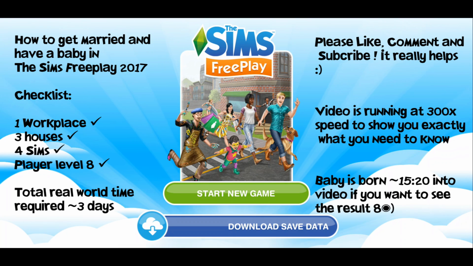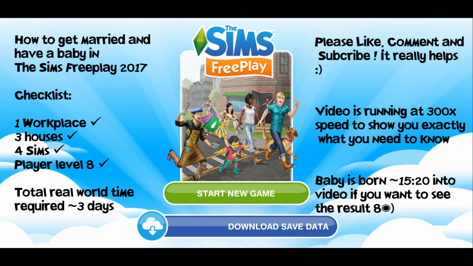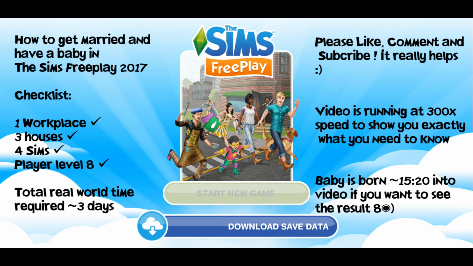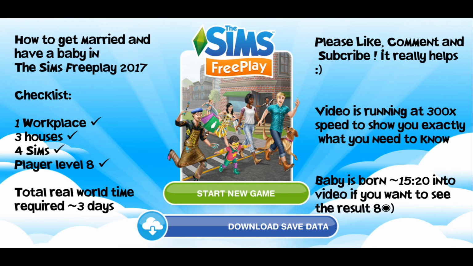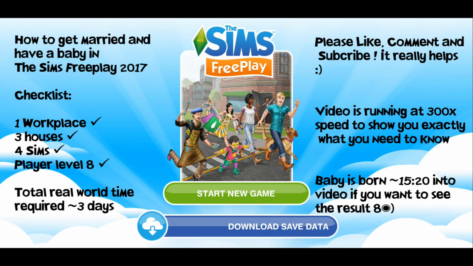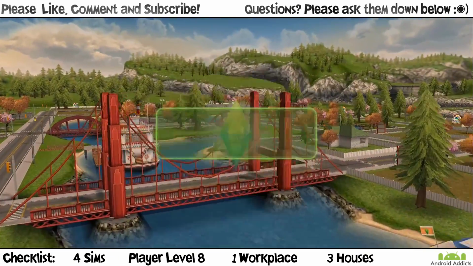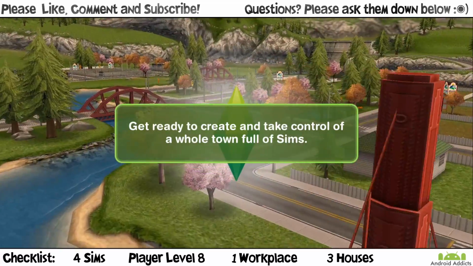Hi, this is John with an updated video on how to have a baby in the Sims Freeplay for November 2017. Now, things are subject to change, but hopefully they'll stay similar to what you see before you. So I'm going to put a checklist on the screen so you can keep up to date with exactly how your progress is going. This will take you around 3 days in total to complete. You could probably do it a bit quicker if you use your life points,